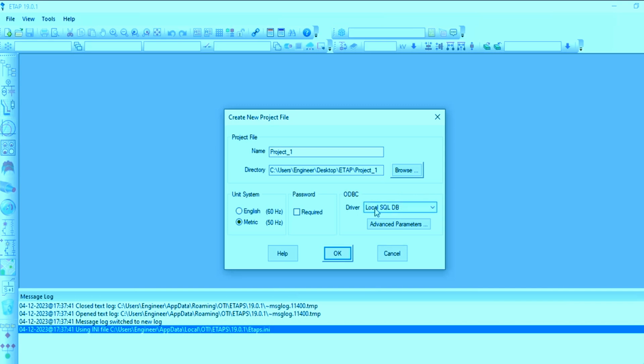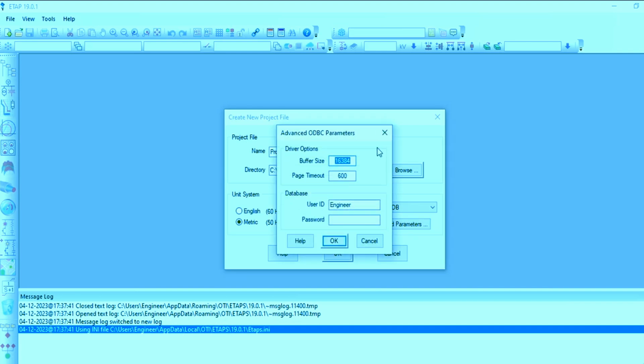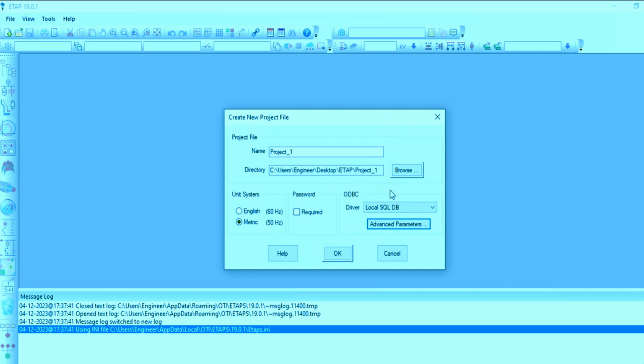So you go to the driver here and you go for a local SQL, but this is only when you are connected to a huge company and you have some project connected to the SQL database. And if you click advanced parameters, this has to do only with the internet connection of the database. For us, now that we are doing this course, we will go for the default one here and we'll click